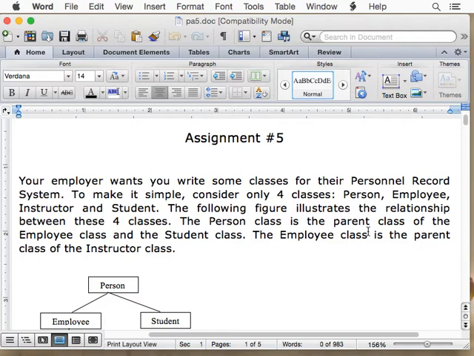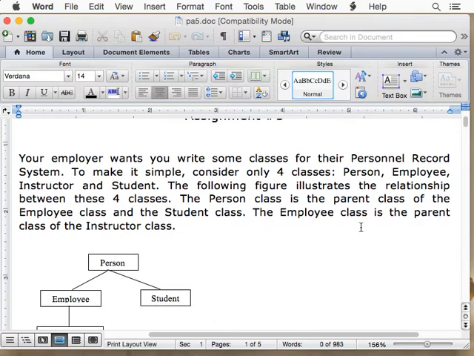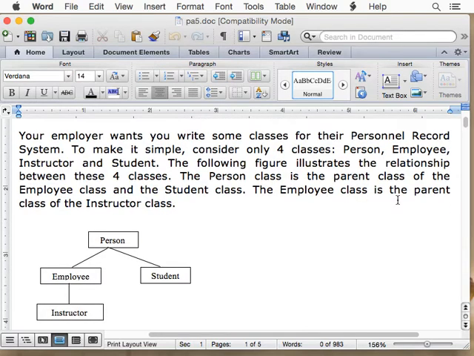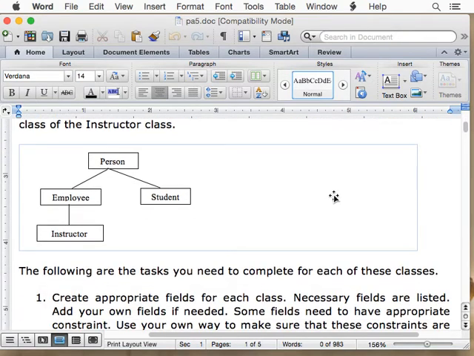We have a person, an employee, a student, and an instructor. So this is going to be like an HR system. And the following picture is going to illustrate what the system is going to look like. So we're working with inheritance, and we're going to work with this abstract concept. The person is the parent class of the employee and the student, and the employee class is the parent class of the instructor class. So here's person on the top, and person is going to be abstract because we don't